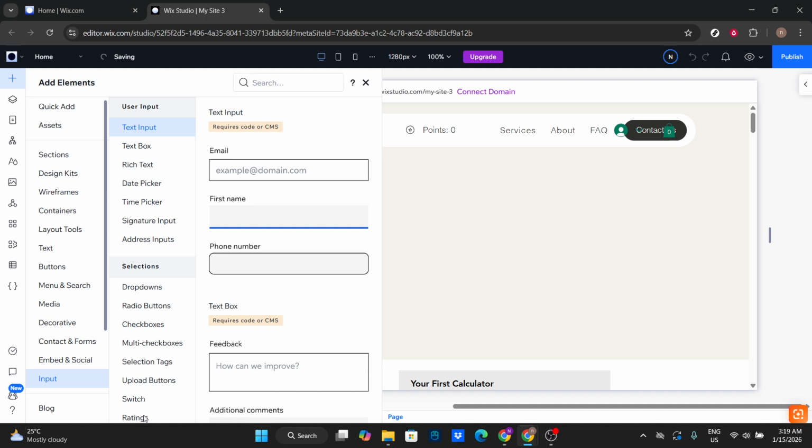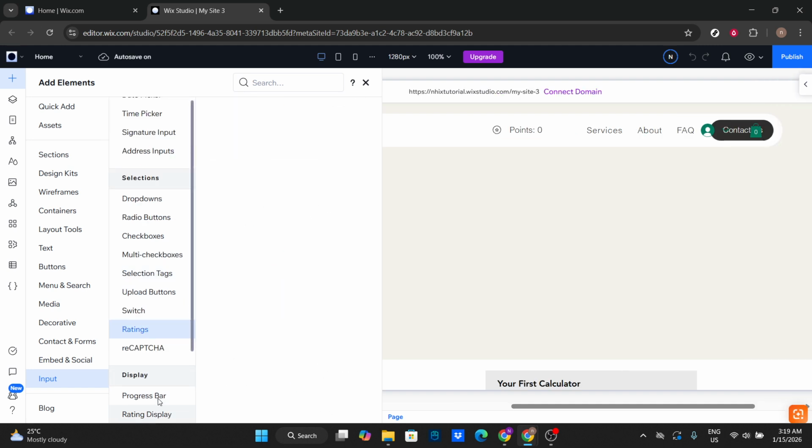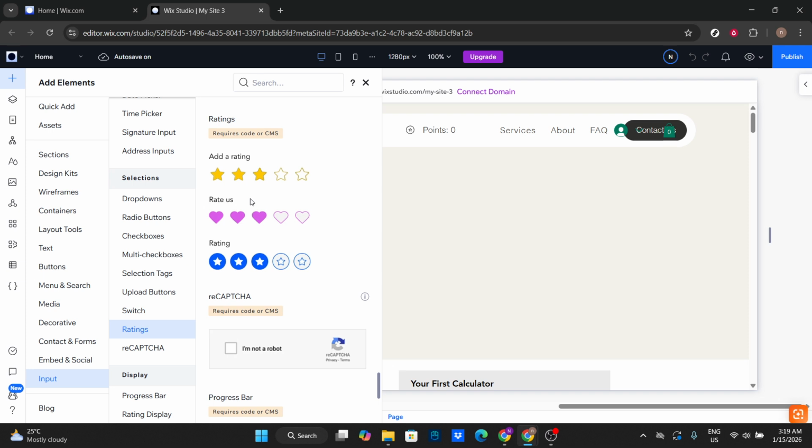Now drag your chosen rating onto your page. Drop it where it makes the most sense, such as near a product description, below a testimonial block, or at the end of a blog post. Use the alignment guides to keep it tidy and resize it if needed, so the stars are easy to tap on mobile. With the element selected, explore the design and settings panels to adjust colors, hover states, and star size